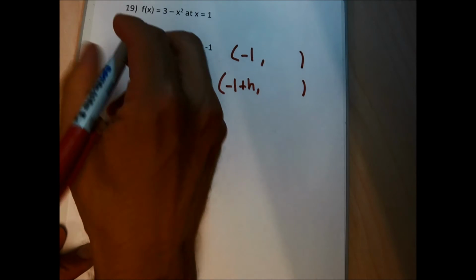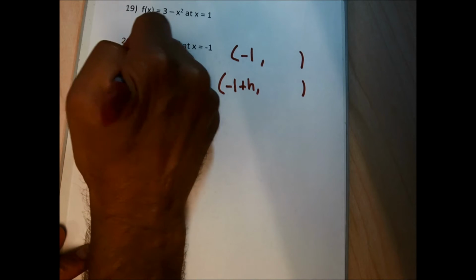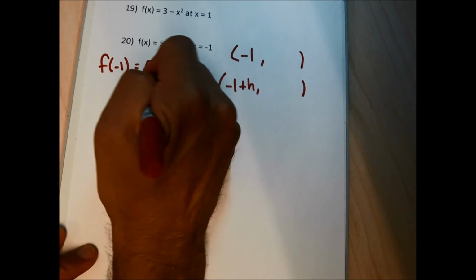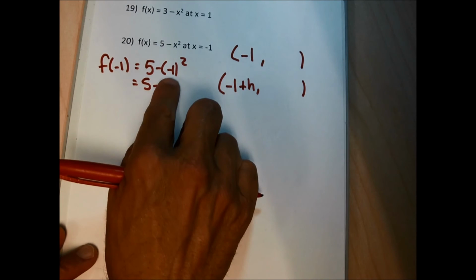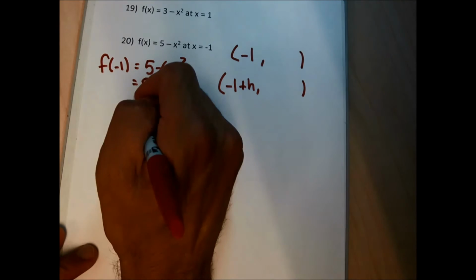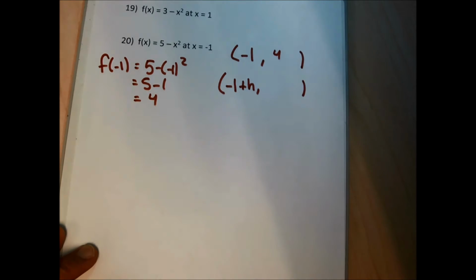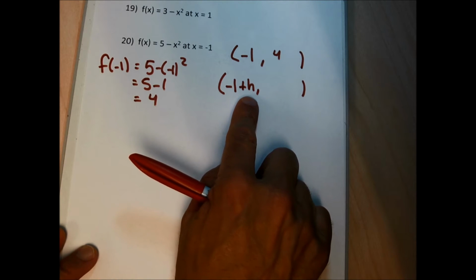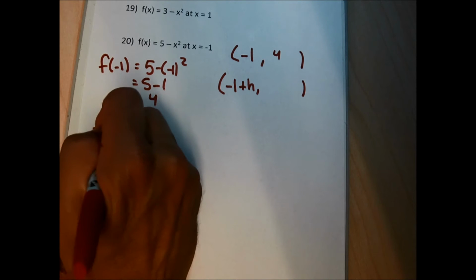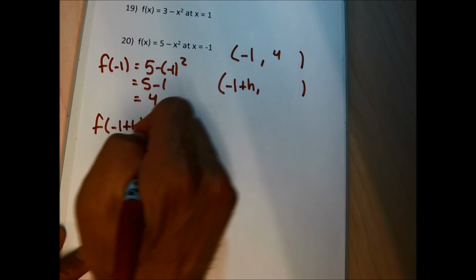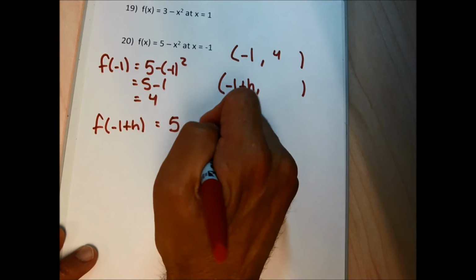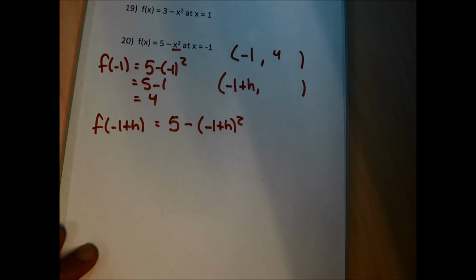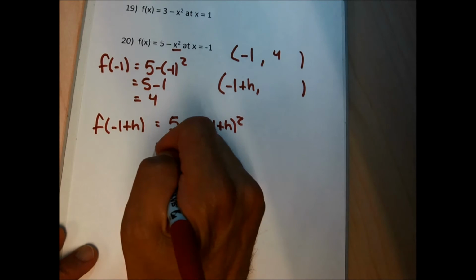So for the first one, f of -1 equals 5 minus negative 1 squared. That's 5 minus positive 1. I do exponents first. Negative 1 squared is positive 1. That's 4. So the first point is the point negative 1, 4. And the point that I'm going to make on top of the first point has an x-coordinate of negative 1 plus h, and its y-coordinate I get by changing the x to negative 1 plus h, and I'm going to leave